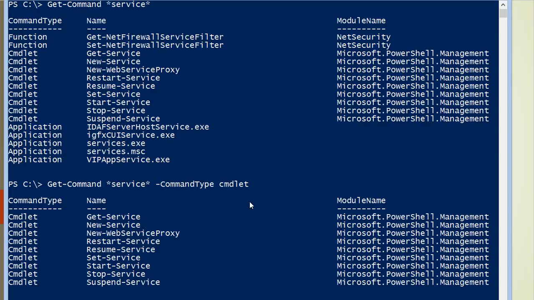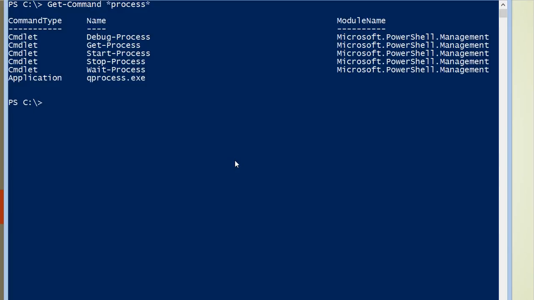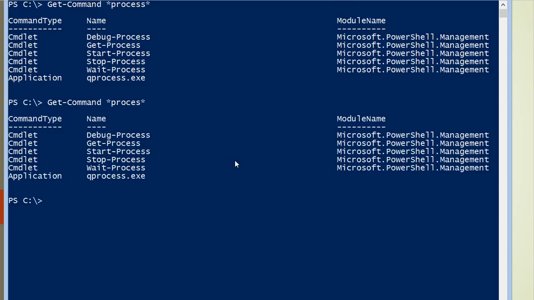Let me give you another example. If you want to search all the process commands, Get-Command, then process. Here we have all the process commands. You don't need to type the entire word process. If you type an incomplete word also, you will get all the process commands. Okay,